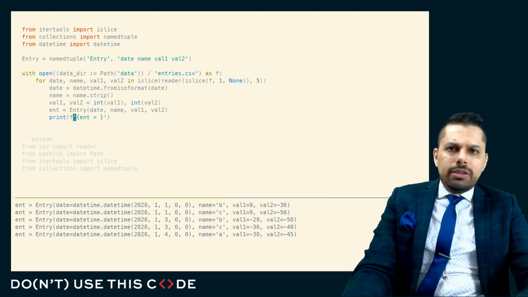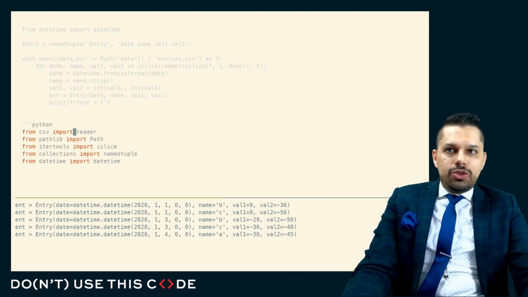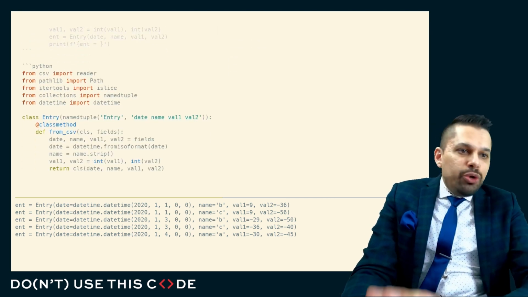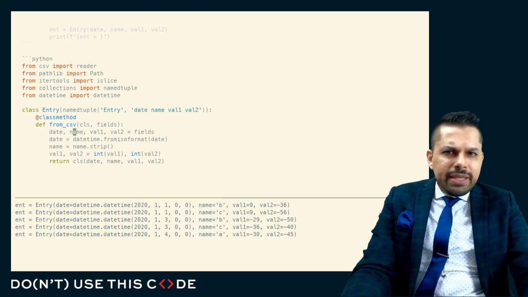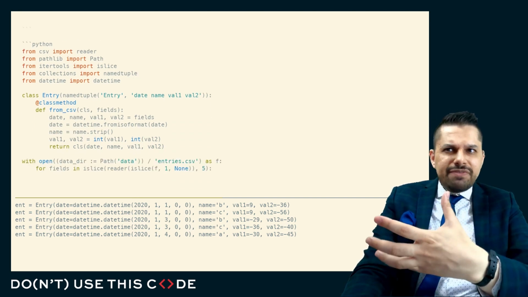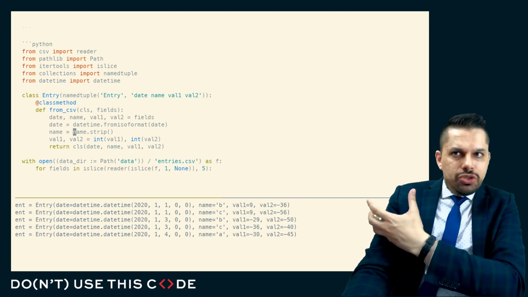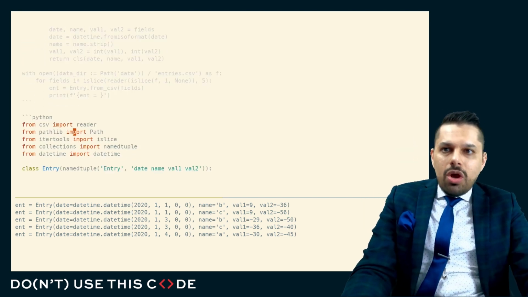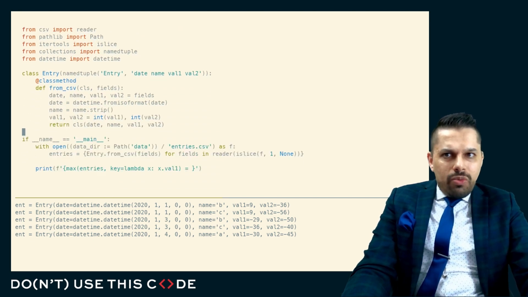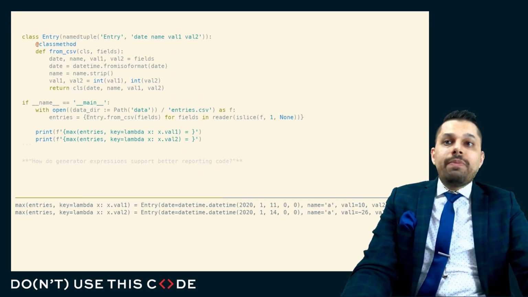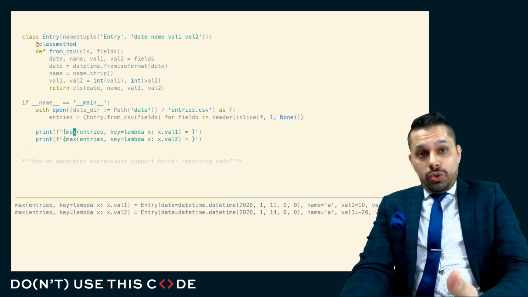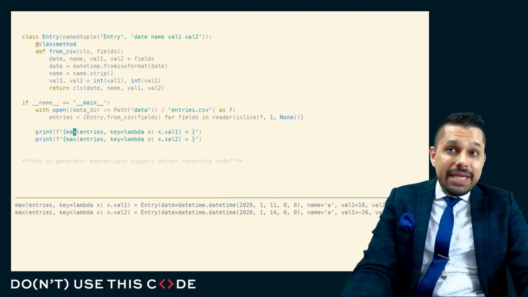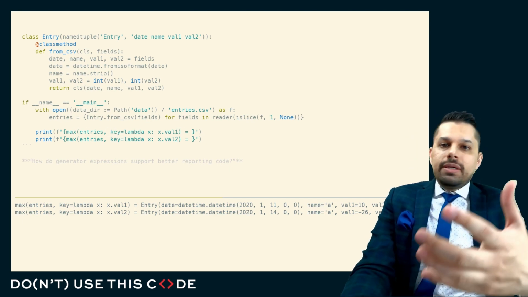So here you can see our data loading is really just putting this into a structure type. And we can move our logic around a little bit. We might make the argument that it makes a lot of sense for the data loading to be close to the type itself. So we use a class method in order to implement this. And once we do that, we might say, okay, now that we're ready to do some analysis on this, we might use the min or the max function, the sorted function, and this special key argument